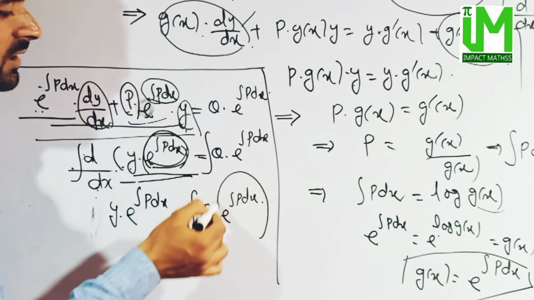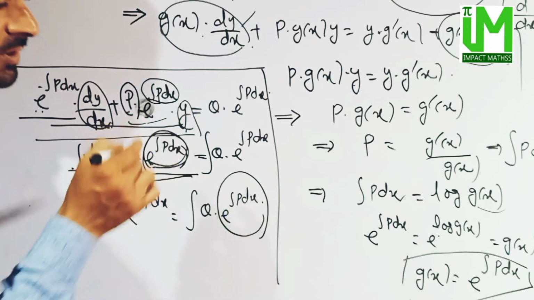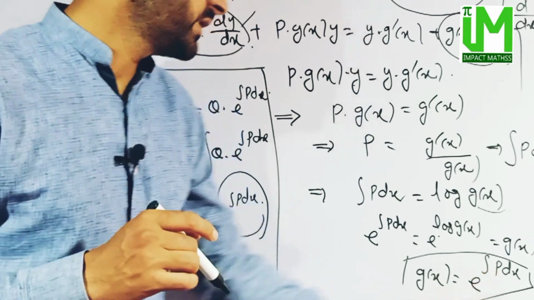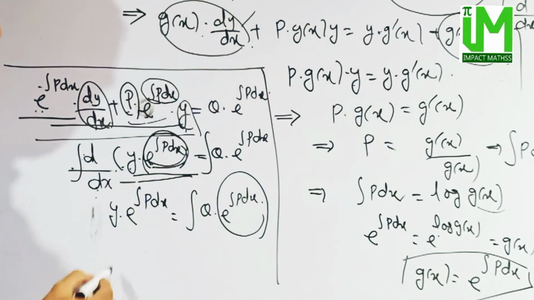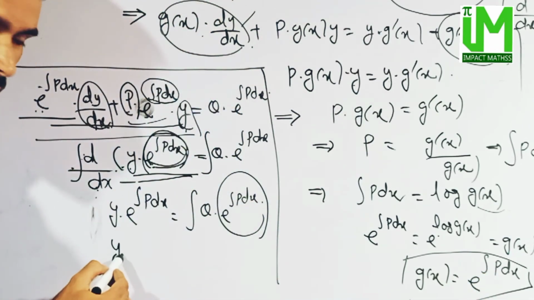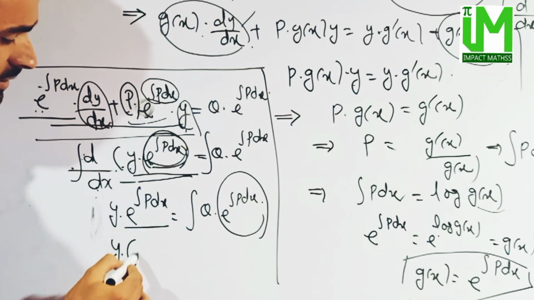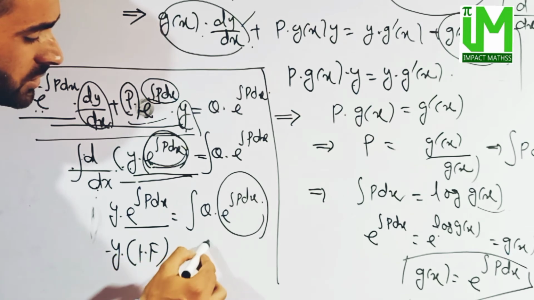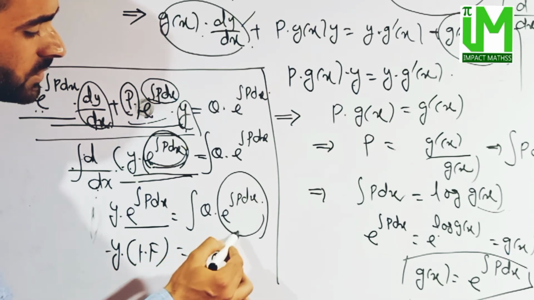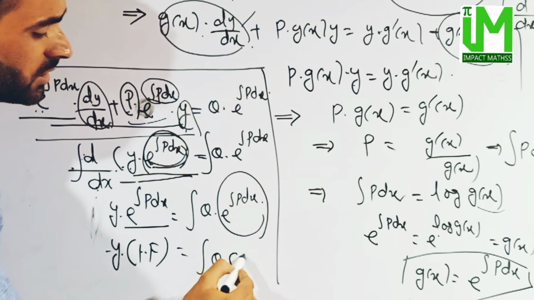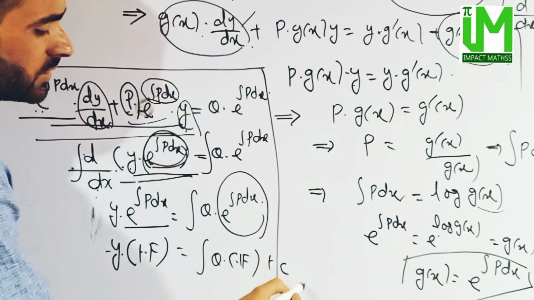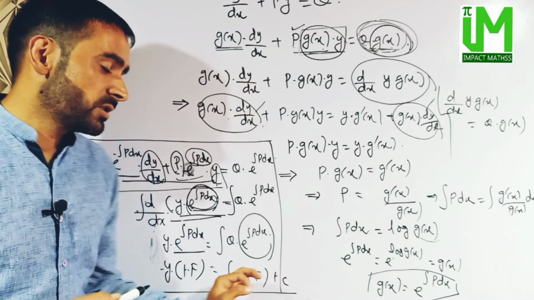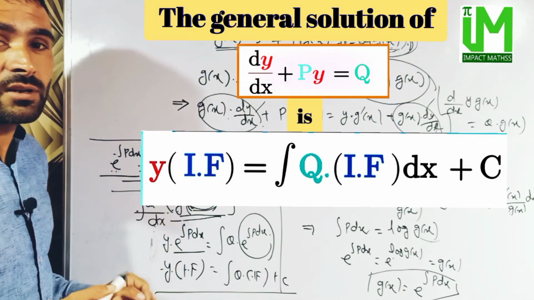dx। और जैसा कि मैंने अभी कहा कि ये जो फंक्शन g of x है, g of x is equal to e to the power integration of p dx, this is called the integrating factor। so we can thus write it as y into, अब इस चीज़ को हम integrating factor IF से भी डिनोट कर सकते हैं, y into IF is equal to integration of q into IF, this is again integrating factor, plus some constant c। so this will be called the general solution of the linear differential equation।